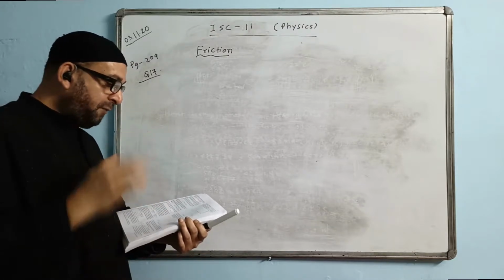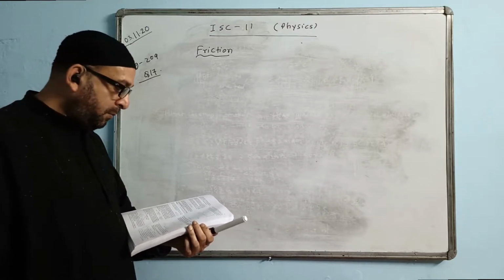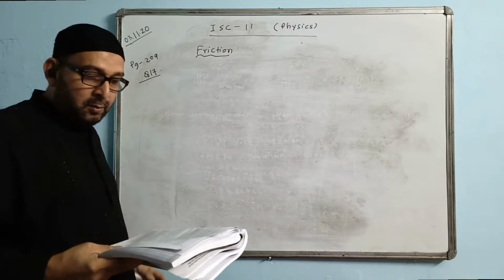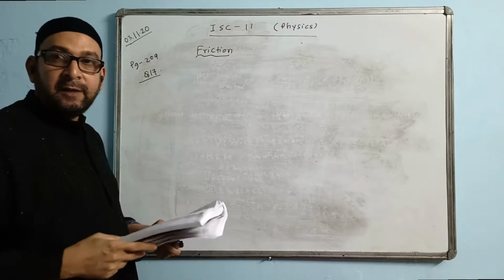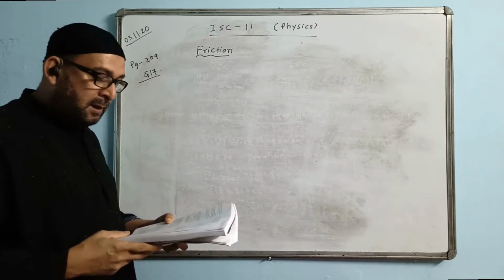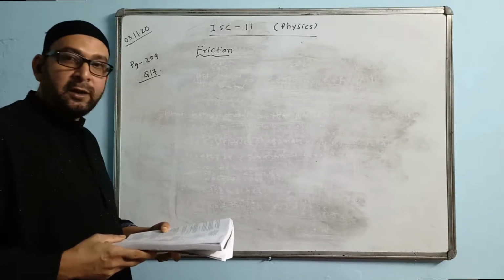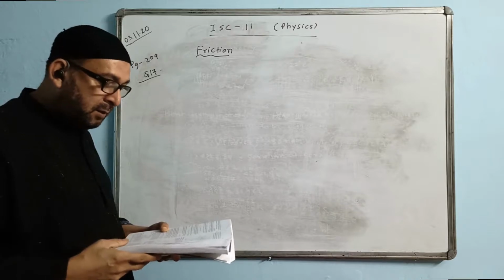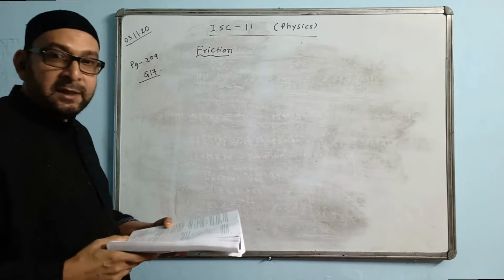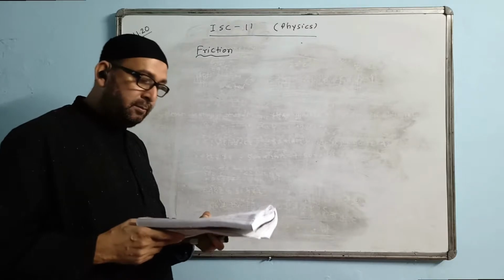In the arrangement shown in the figure, there is a figure given. The coefficient of friction between the block of mass 3m and the inclined plane is 1 by root 3. So, on releasing the mass 2m,